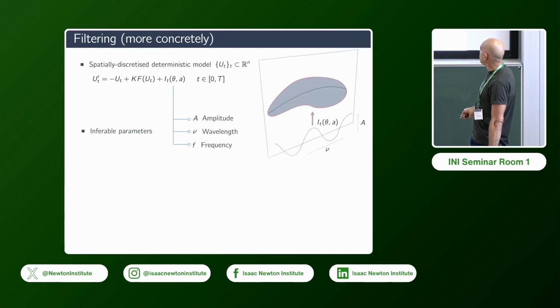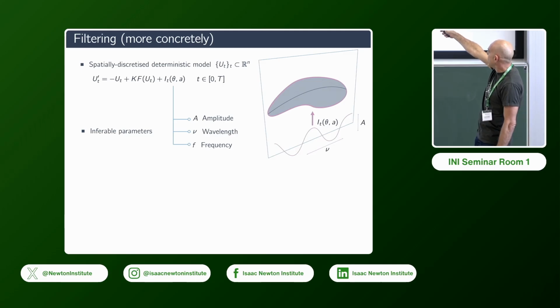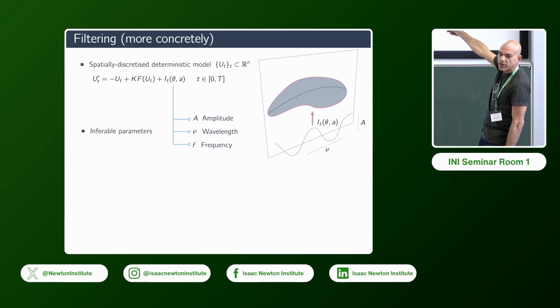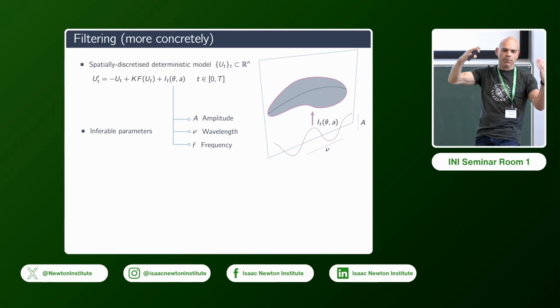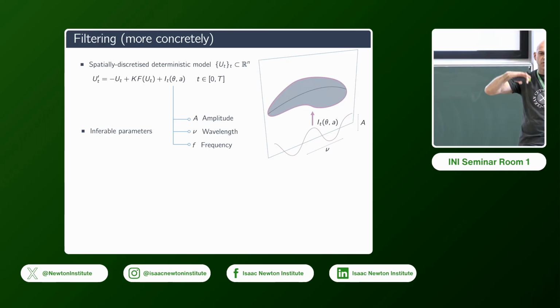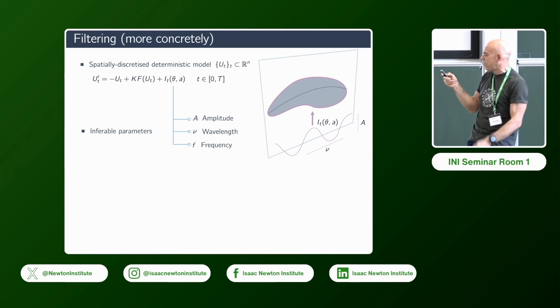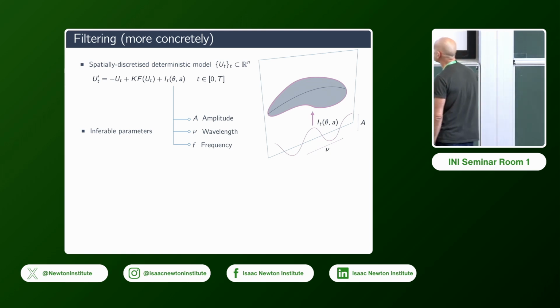So how do I model this hippocampus? I say there is an external forcing that is outside of the cortex, and I'm still not giving you a formula for it. I'm just telling you that there are 3 inferable parameters: an amplitude, a wavelength nu, and potentially a frequency of the hippocampus. I am, in some sense, not stipulating anything other than a functional form for that.